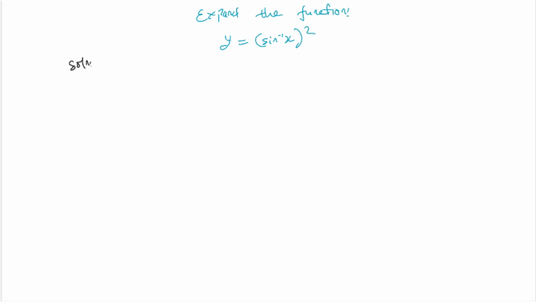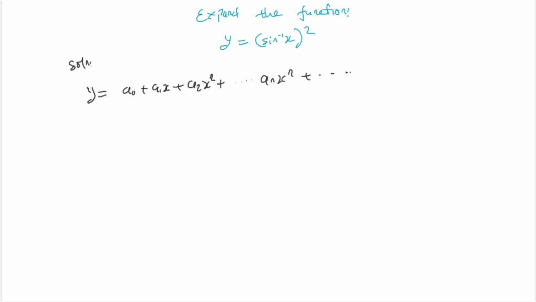Today in this video we are going to try to expand the function y equals sine inverse of x all squared, and by expansion we want to express the function y in the form a sub 0 plus a sub 1 x plus a sub 2 x squared plus all the way to a sub n x to the n, and the series goes to infinity. Now, one way this is usually done is by Taylor's theorem, which says that we can find